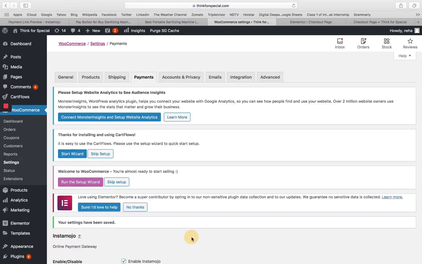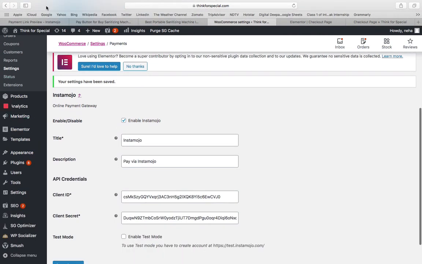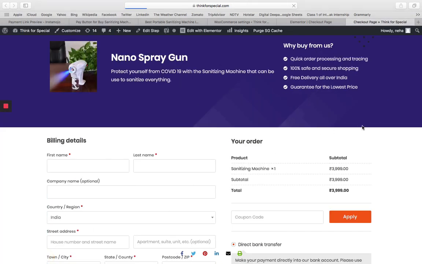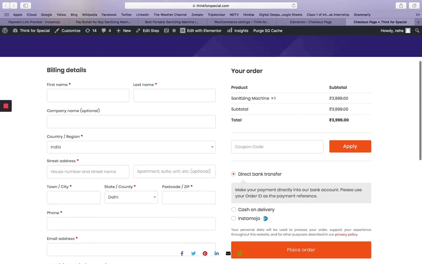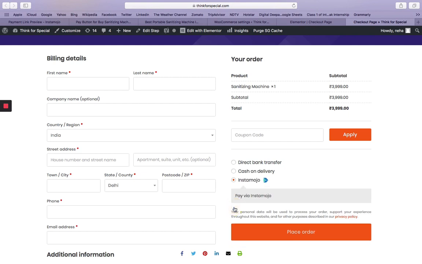Okay, when you save this, you can see it here. And now let's go to our checkout page and see whether it's activated or not. We were here, let's preview it and let's go down, and now you can see the InstaMojo payment gateway is coming here. So now your customer can pay from InstaMojo here. So it's very simple to do, we can easily do it.